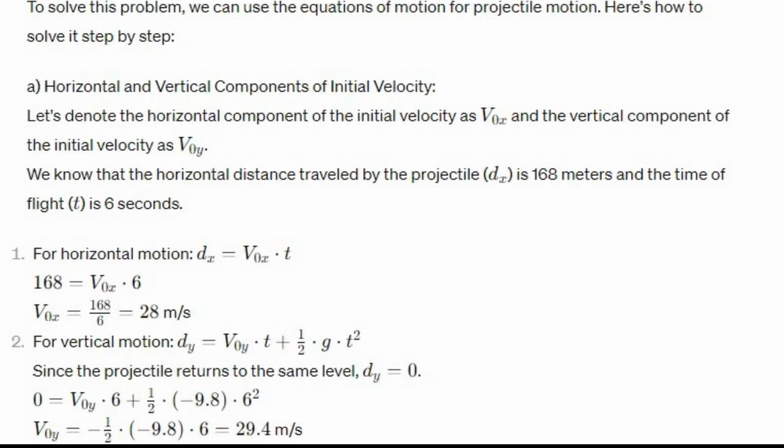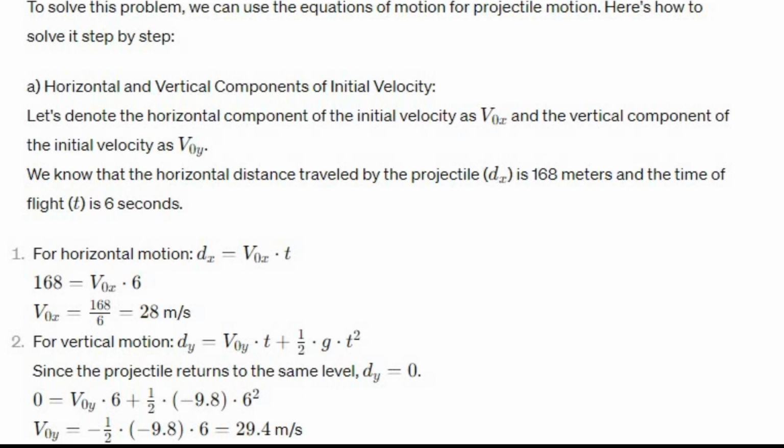To solve this problem, we can use the equations of motion for projectile motion. Here's how to solve it step by step. Horizontal and vertical components of initial velocity. Let's denote the horizontal component of the initial velocity as v0x and the vertical component of the initial velocity as v0y. We know that the horizontal distance traveled by the projectile dx is 168 meters and the time of flight t